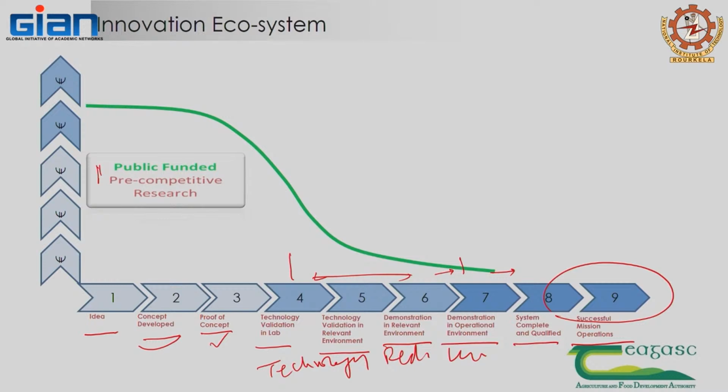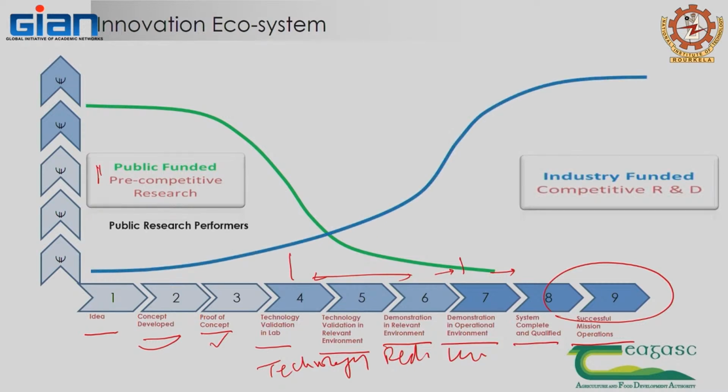The second part is industry funding. Industry is not much interested in basic research. Their main focus is what technology you have, what process you have, and how they can make money out of it. That's their problem, or that's what they want to establish. You found a new ingredient which has a better shelf life, or you got a new protein compared to dairy protein, and then they want that particular process developed to get